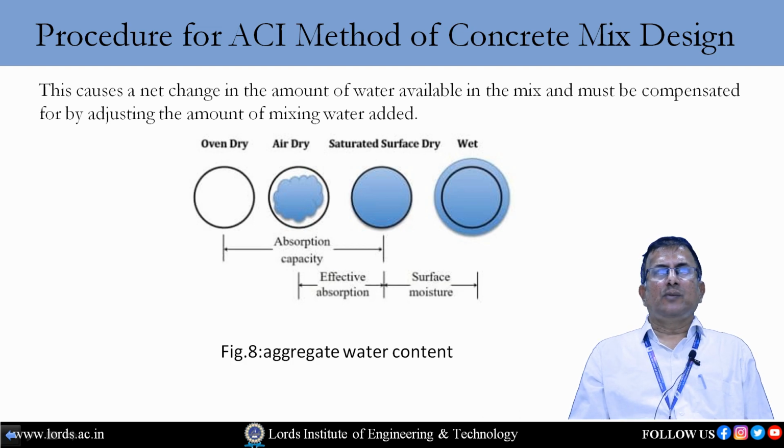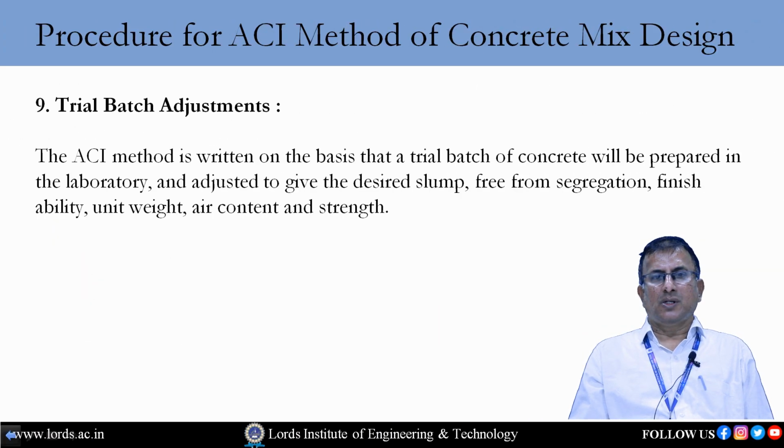Now come to trial batch adjustments. This is more important. Once the calculations are made, we should go for one trial mix. Based on the trial mix, we adjust the desired slump. It should be free from segregation problems, and we also check finishability, unit weight, air content and strength